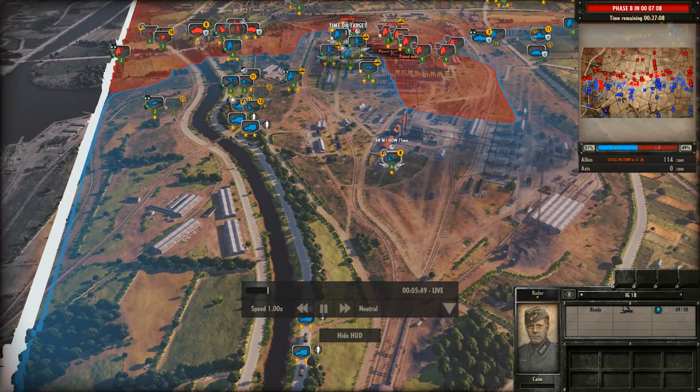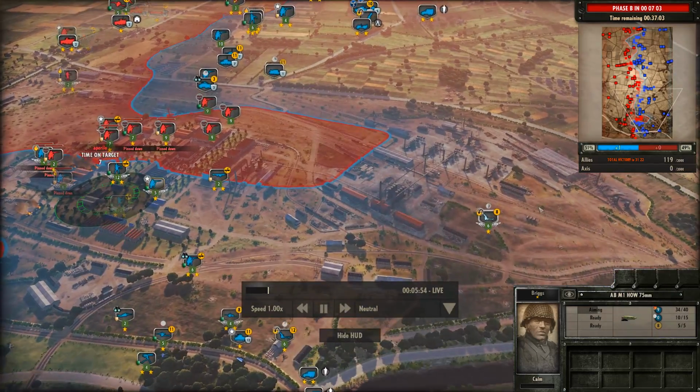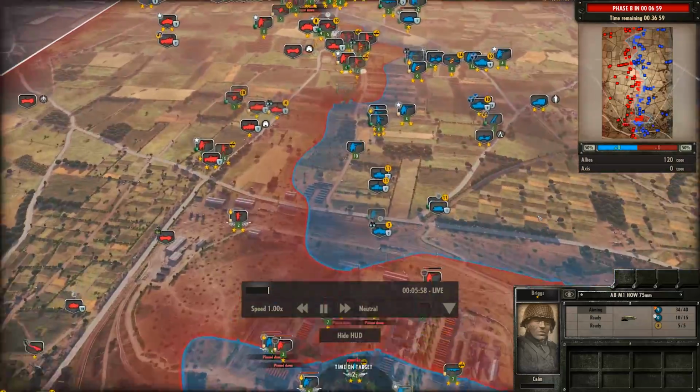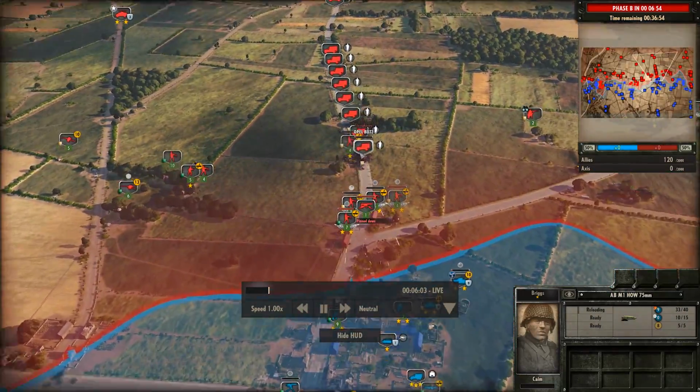You can see this guy's just firing normal artillery shells. You do have to worry about ammo. Ammo is a big deal in this game because you have to make sure that your weapons can fire. We can see here this guy's like, I'm just going to rush a ton of infantry